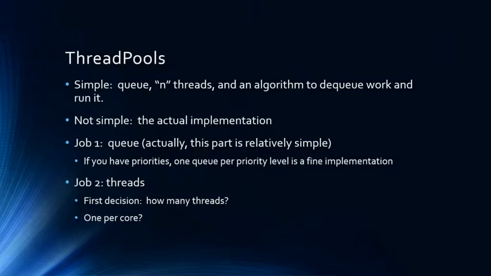So, what's a thread pool? At its most basic form, a thread pool is a really simple thing. It's a queue which contains work. It has n threads to peel that work off of the queue and execute it, and some algorithm that does that. What's not simple is the actual implementation of a thread pool, because once you get this very, very simple